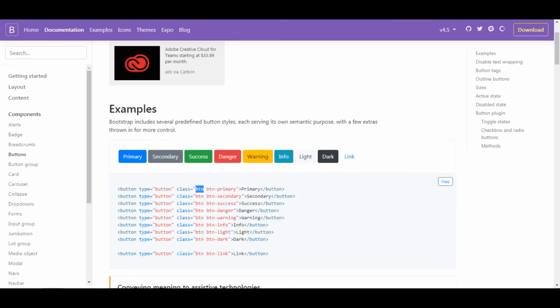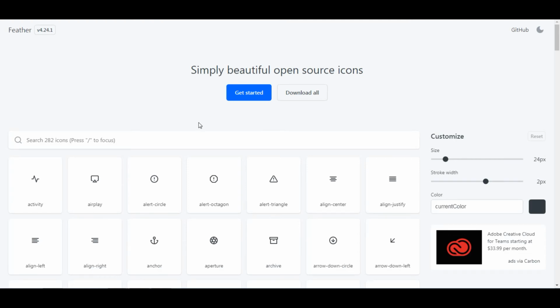Okay, now I want an arrow after the contact us. So for that arrow, I am going to use these Feather icons. You can go to Google and search for Feather icons, FEATHER.